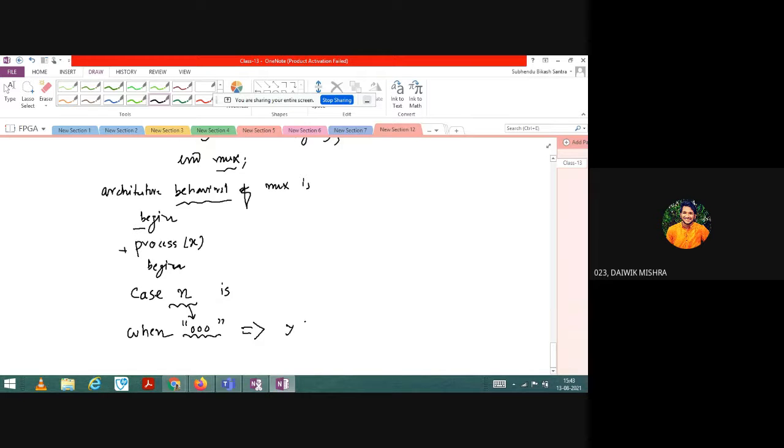So we took y as the output. Y is equal to d of 0 or x of 0. X of 0, exactly. Very good. So x of 0 because x is a vector, right? Yes, sir. So directly I will write that the selection line will select only x0, not others. Yes, sir. Because it's a multiplexer.